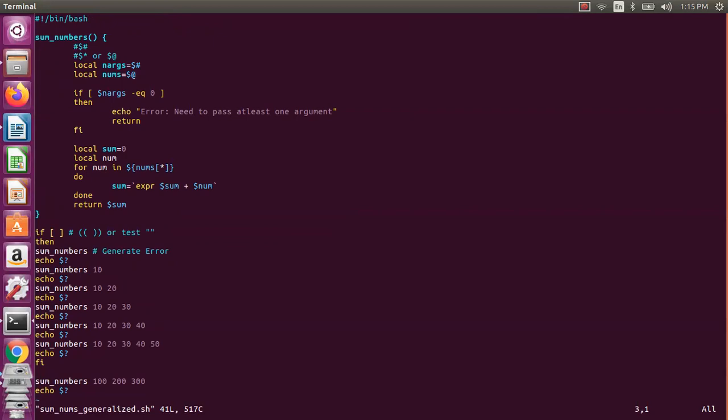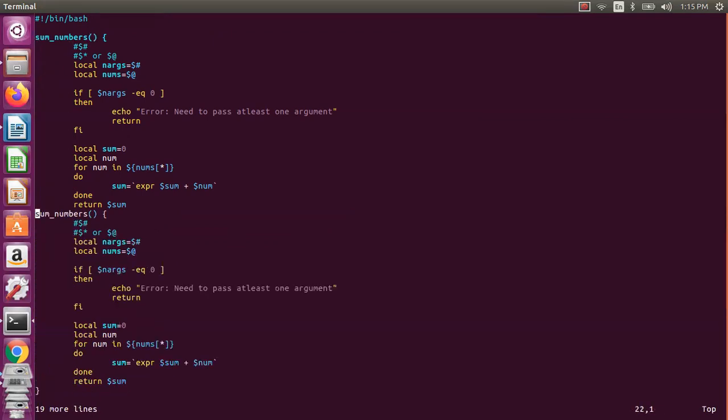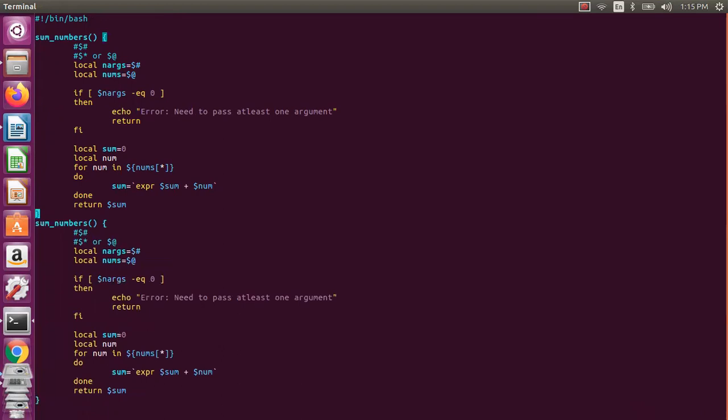Okay, so now this one, sum numbers. I will copy the same 19 lines. Okay, so I am copying this, maybe I need to copy this one. So sum numbers, I'll say sum numbers result.